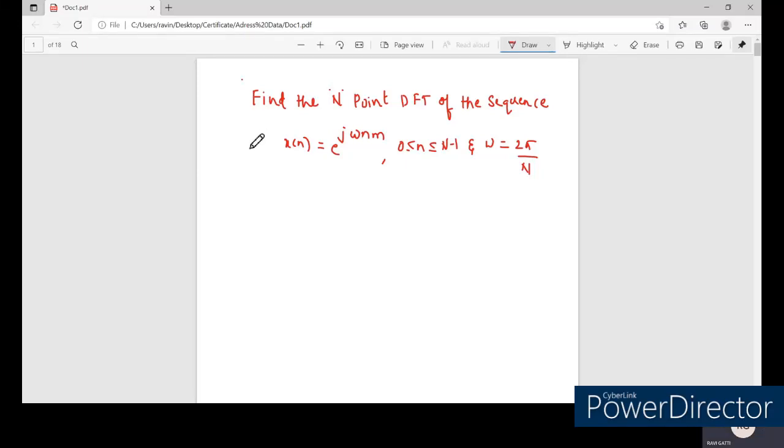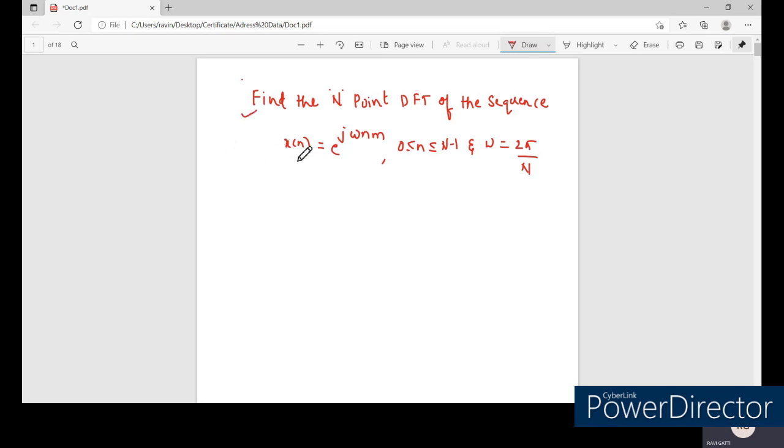So we were solving several problems related to the properties of the DFT to find the N-point DFT of the given signal. Let us try to solve one more important problem in today's class. So what is that problem? To find the N-point DFT of the given signal, you need to find the N-point DFT